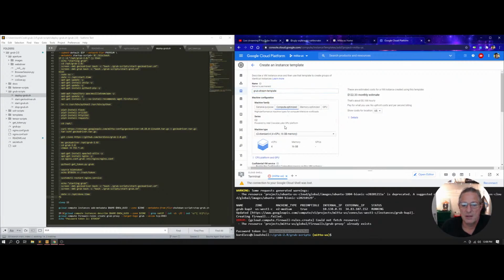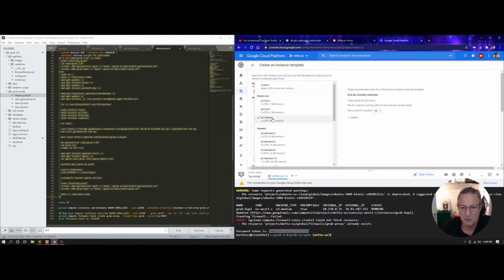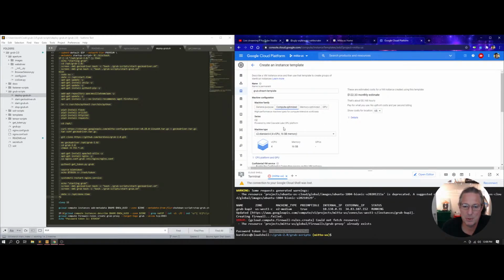And what I did is I selected a compute optimized instance. Did I? No, I did not. I actually ended up using a general purpose one because it was cheaper. I did the 8 gigabyte memory. If you do a compute optimized one at 16 gigabytes, it takes that imaging time down to about 4 seconds. So once I go into production, I'll change this machine type to a faster instance because